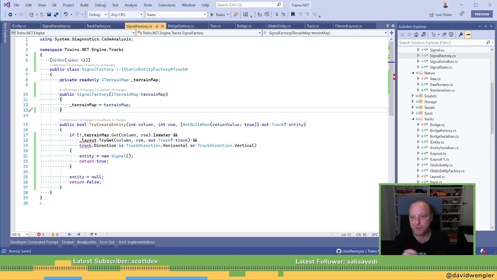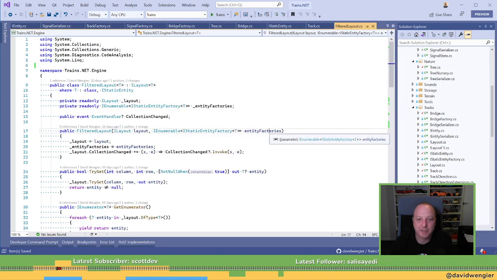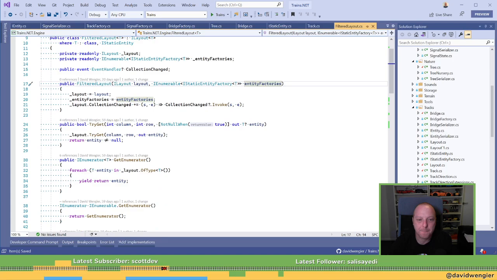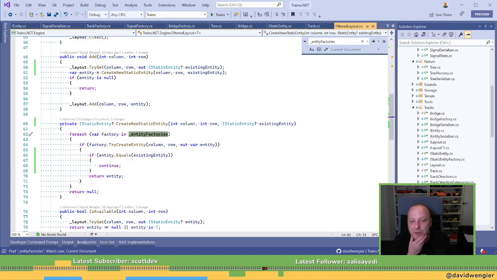Like, if you draw 4 in a row, or no, if you do a corner, then it could delete those 3 and magically become a larger corner. So that essentially means I need the filtered layout to not take in the entity factories, which I'm okay with because they're only used once, and I reckon I could just move that to the tool. I'm not quite sure why I didn't put it in the tool originally, other than I like the idea of things being done sort of in the API. Yeah, maybe I'll do that.